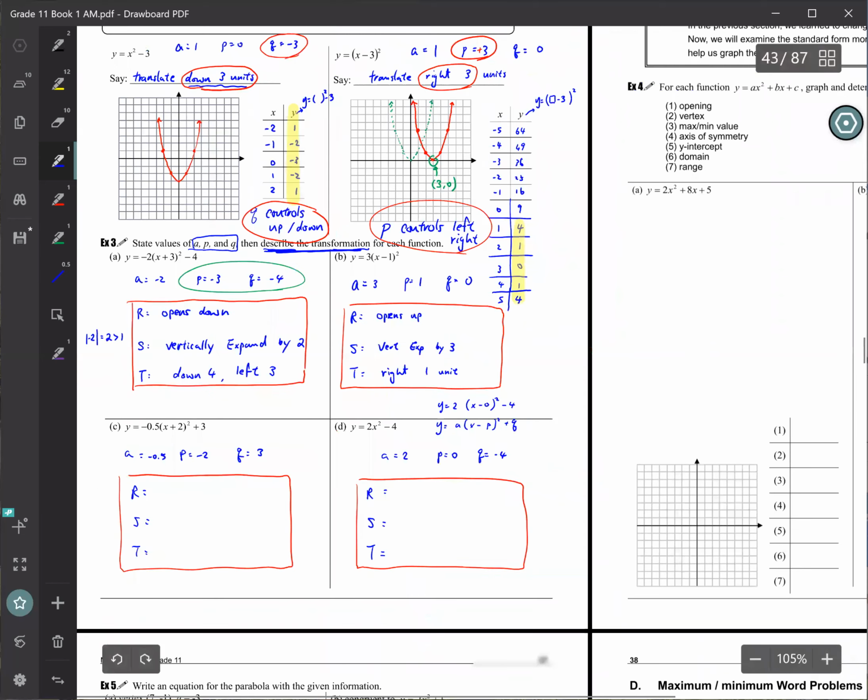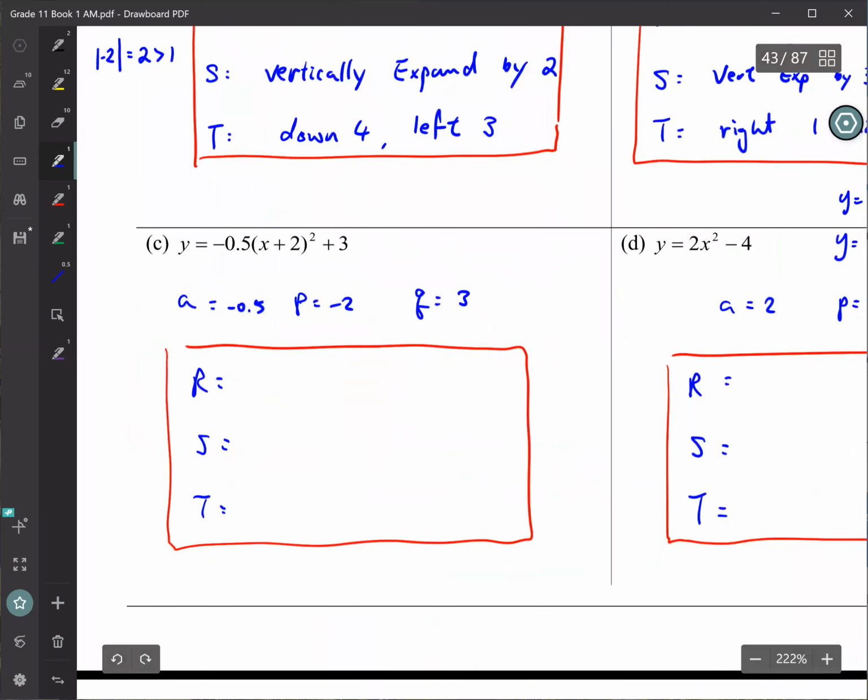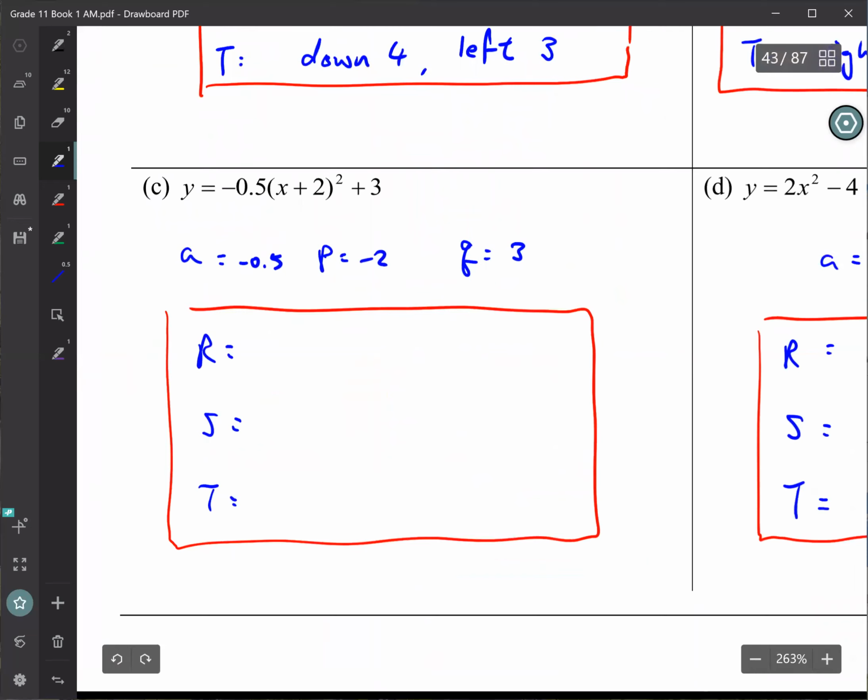Okay, question C. Can I have Brendan? What's your RST? It opens down. Opens down, good. It compresses. Which way? You have to say vertical or horizontal, which way? Vertical. Yeah, okay. So far we only learn vertical. In grade 12, you have horizontal. Okay, vertical compress